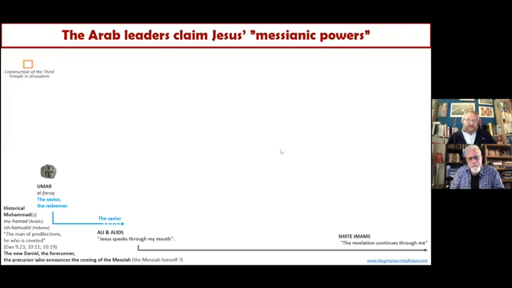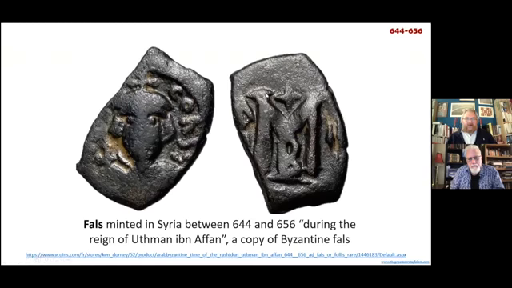Let's get back to hard evidence. Let's get back to the coins, the inscriptions. Let's get back to, for example, this coin minted between 644 and 656. According to the standard Islamic narrative, this should be a coin minted by Uthman ibn Affan, and it is